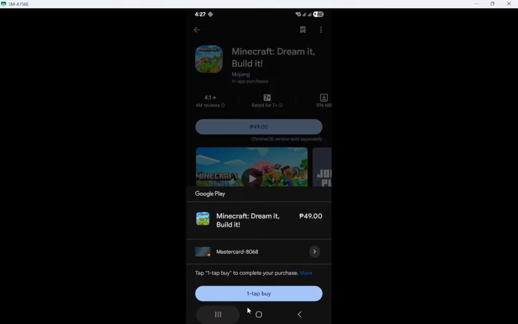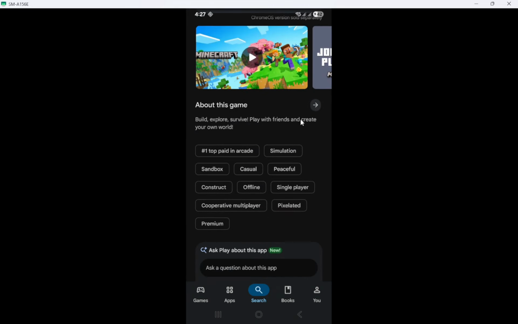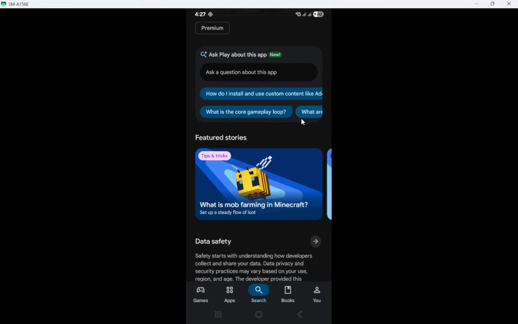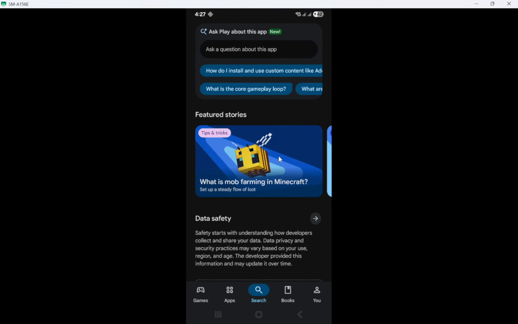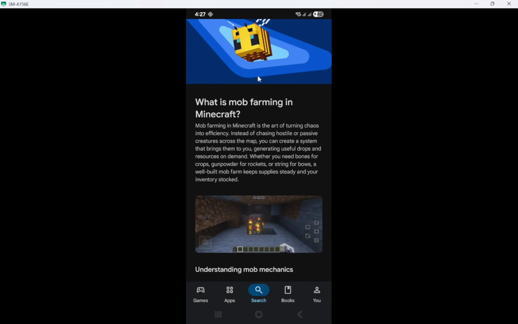On the welcome screens, you'll be prompted to sign in. Use your Microsoft account or your Xbox account. Signing in is important because it unlocks online features, keeps your progress synced, and lets you play with friends across compatible devices. If you already use these accounts for other games, just sign in. If not, you can create one from within the app. Once you're signed in, you're ready to start playing.